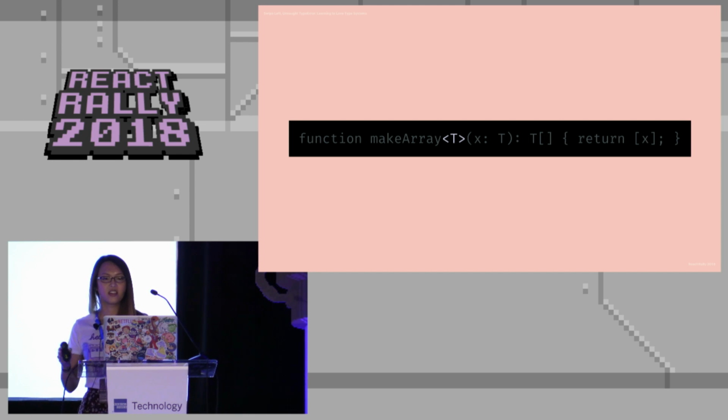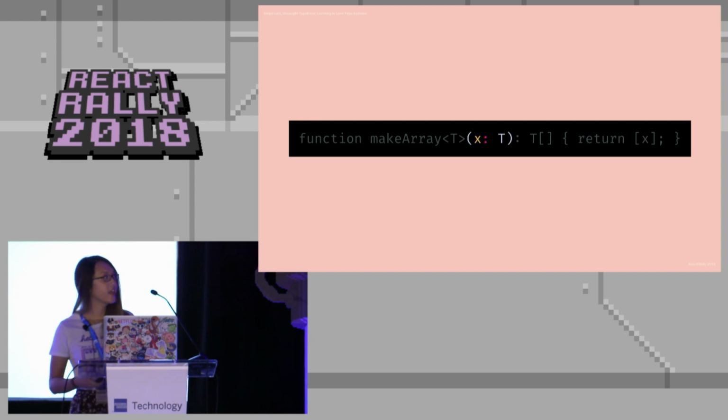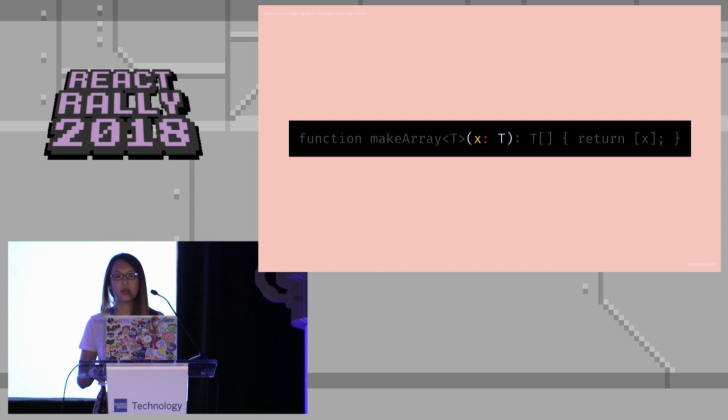If you want to get fancy, like what Ken was saying just now, this is also called parametric polymorphism. You can go tell your coworkers that. But most people say generic. In our function arguments, we say that x is of type T. And this captures the type of whatever was passed into this function and says, let T be the type of this argument x. So this could be a string, this could be a number, it could be a user, whatever you pass into this. And you can use this type variable later in your signature.